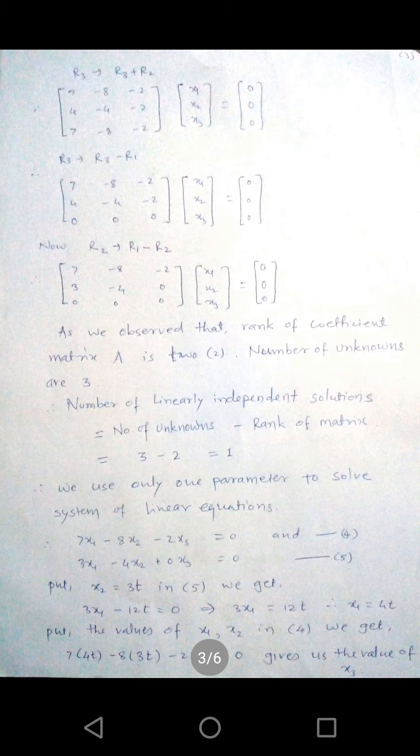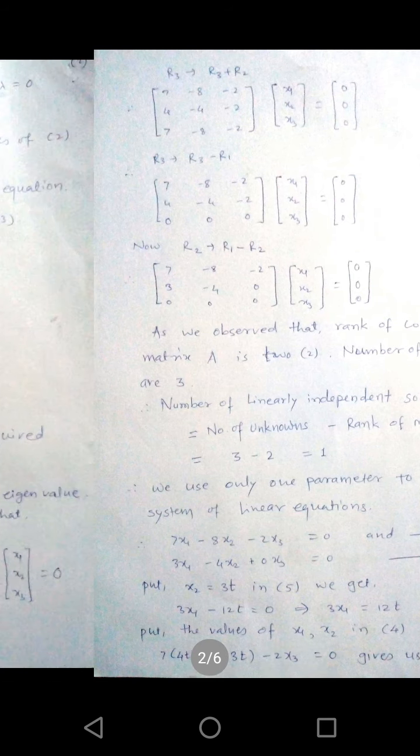Now just multiply this matrix A and unit matrix. So after subtraction of two matrices, we will have 7 minus 8 minus 2, 4 minus 4 minus 2, 3 minus 4, 0 into column vector x1 x2 x3 is equal to 0, which is 0 matrix. Now change R3 as R3 plus R2.